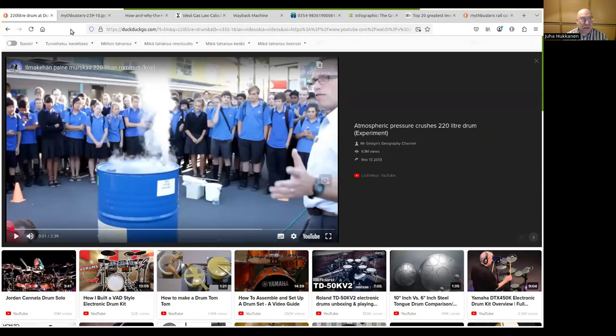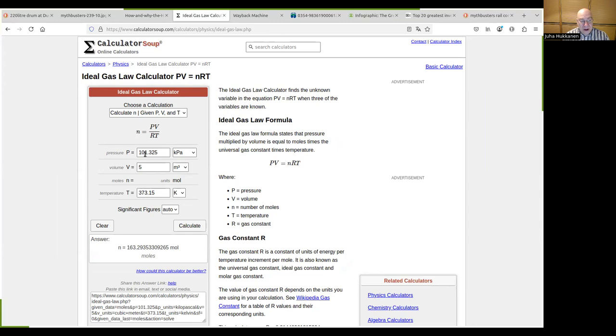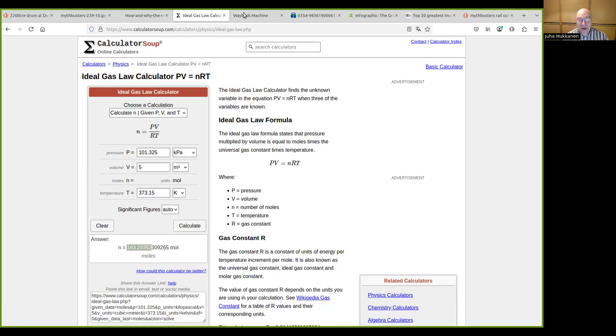Okay, so let's see here. Here, ideal gas law calculator. So if we have this, we calculate the amount of substance, and we get this from the pressure 101, volume 5 cubic meters, temperature 373. We can get this 163 moles of ideal gas. So, and that is kind of an important value here,